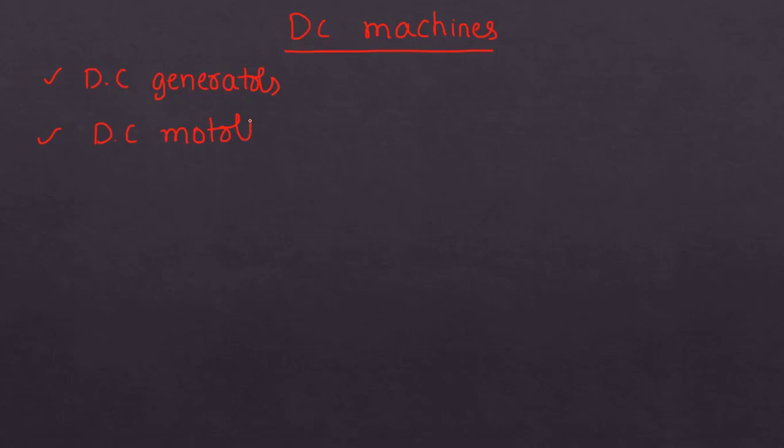Today we are going to discuss DC machines. The common name given to DC generators and DC motors is DC machine. The reason is that construction-wise both are the same. Generator means we know,